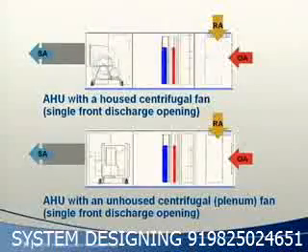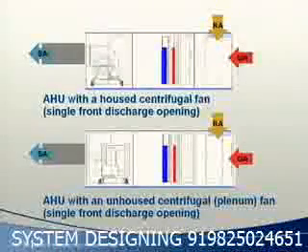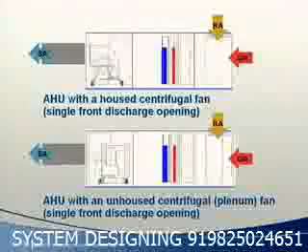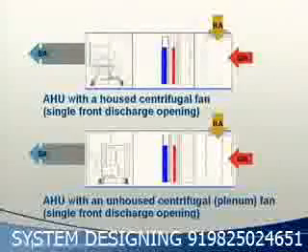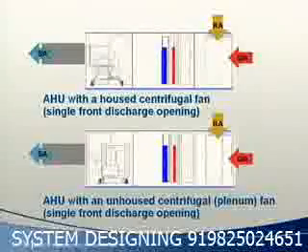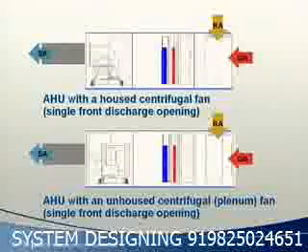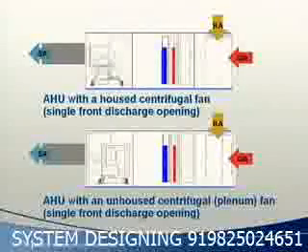Let's take a look at a few example selections. A house fan is specifically designed to discharge into a long, straight section of duct that is about the same size as the fan outlet. This minimizes energy loss as velocity pressure is converted to static pressure and turbulence dissipates into laminar flow. With this discharge configuration, a housed airfoil fan will typically require less power than a plenum fan, but a plenum fan will likely have lower discharge sound